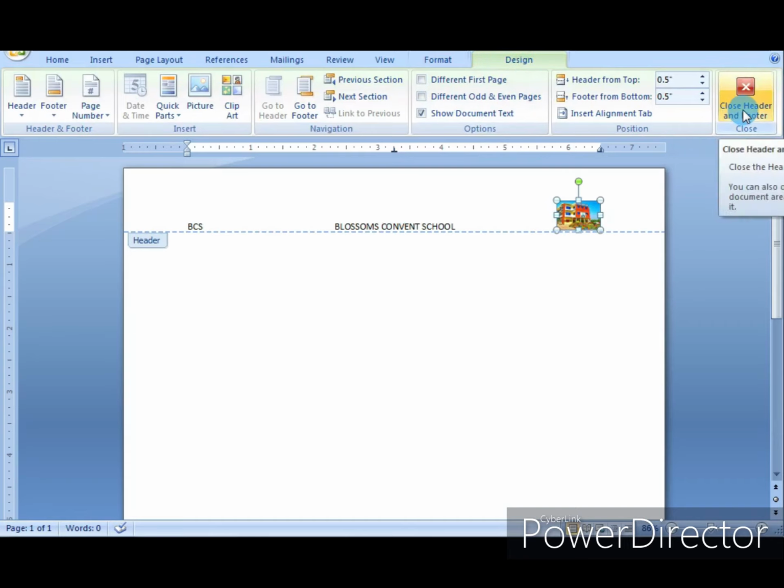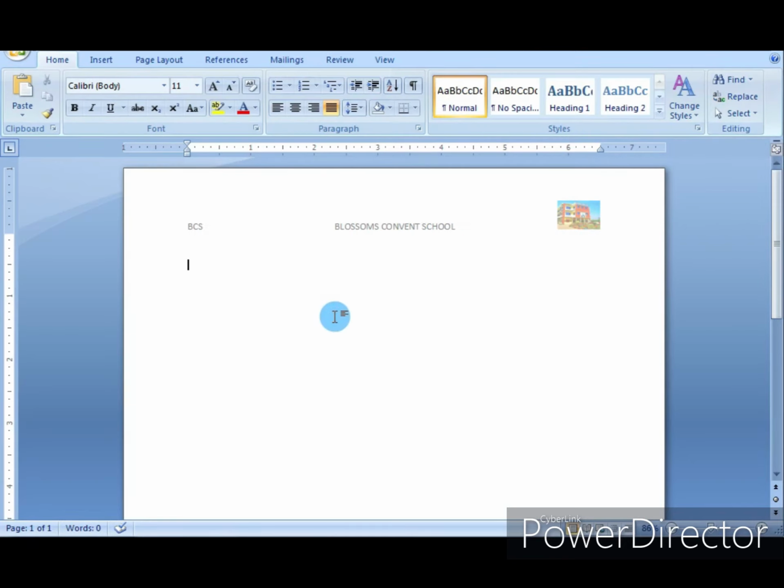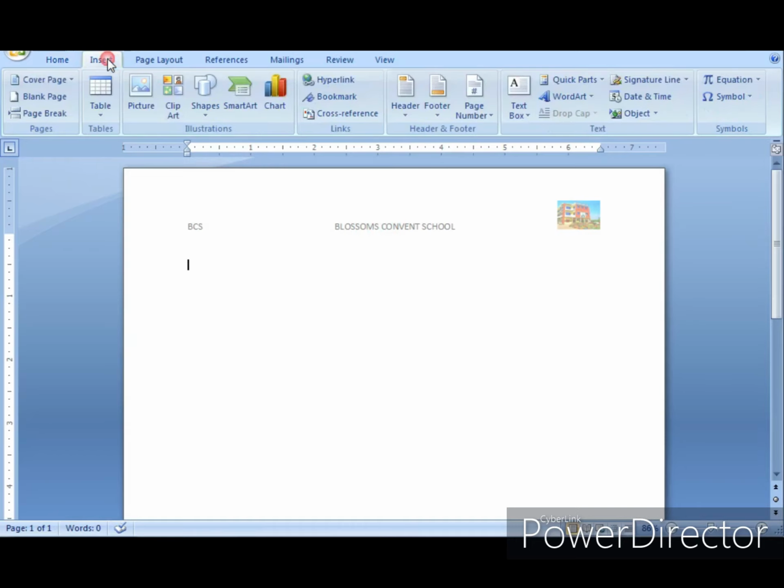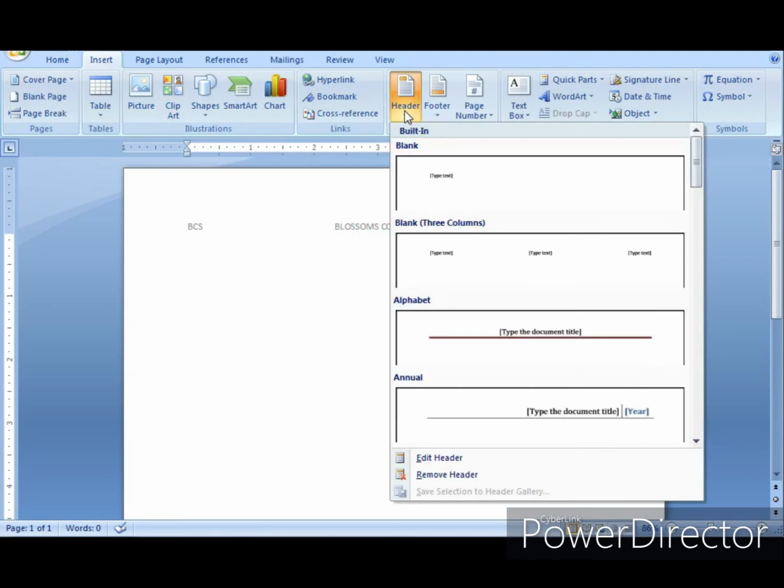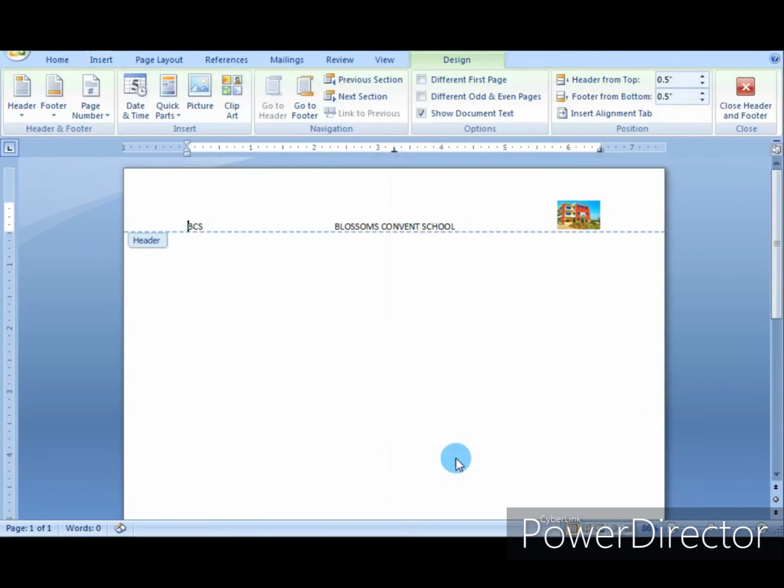Now if I want to close the header, click on the close button. Now you can see the document area is active. When you want to change the header, click on the insert header option and edit the header. Now you can change the header.